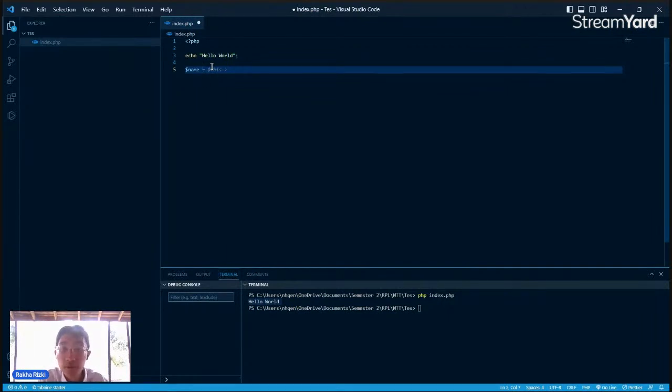Then, if we are writing a value like Rakha, Nurrahma, Rizki. Okay. So it's like the box, and then you put the water inside, or you put something in the box. So the box can have contents inside.